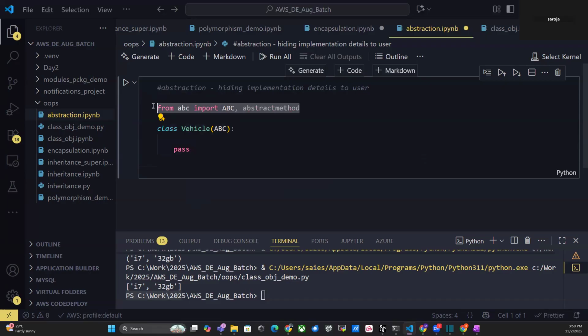For that, we imported from ABC the abstract class and the abstract method. Abstraction is nothing but hiding the implementation details. So to say a class is an abstract class,